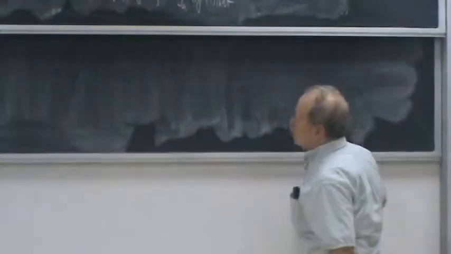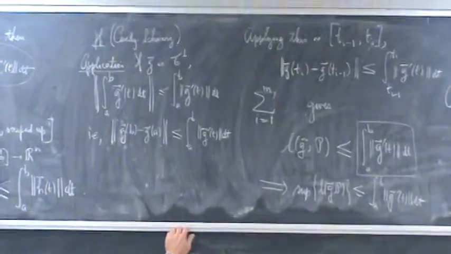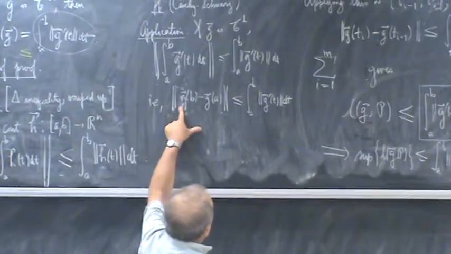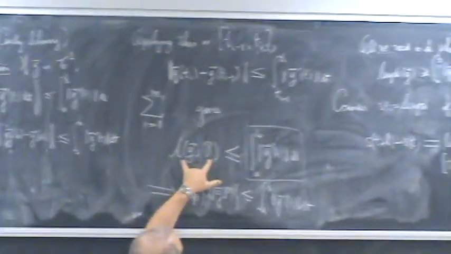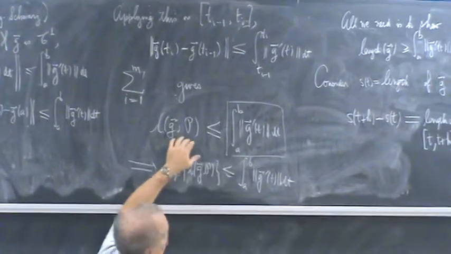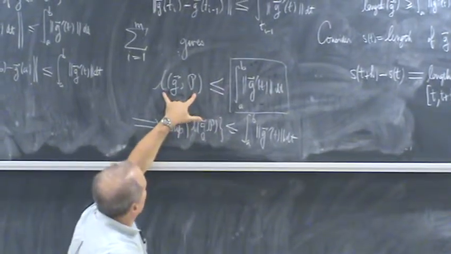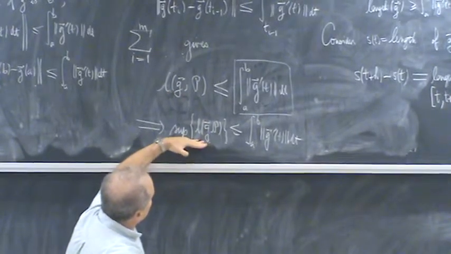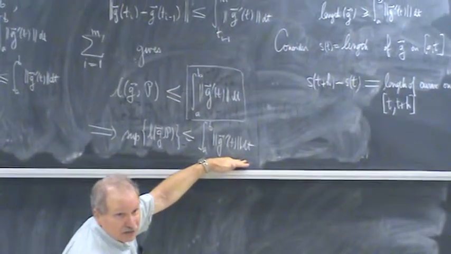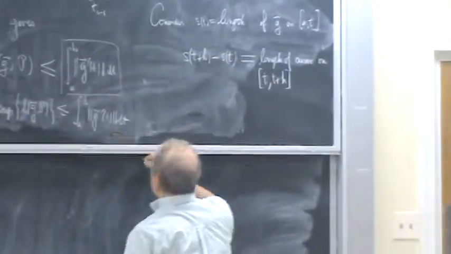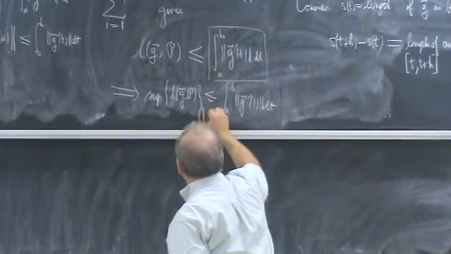So what did we just prove? I proved it with any a, doing it from a to b. But it's also true if I go from t to t plus h. And the same thing is true here. What we proved here is also true if, instead of the whole interval from a to b, I just do it from t to t plus h. I still know that the length from t to t plus h is less than or equal to the integral from t to t plus h. So by this, using this star,